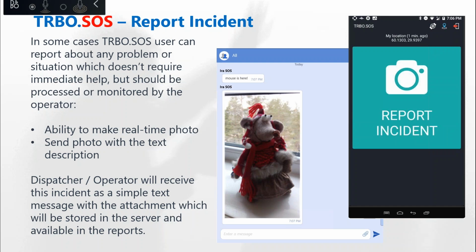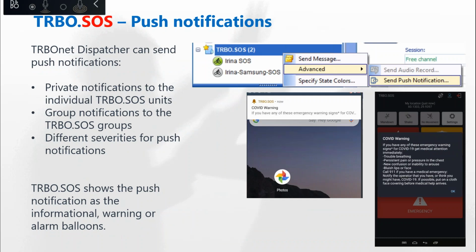What kind of problems we have with electricity in our condominium, what kind of problems we have with something else, right? So it's more informational type of reports from the people to the operators and to the provider of the service. One more thing, it's not only one-way communication that a person using TRBO.SOS can report about the problem, but also